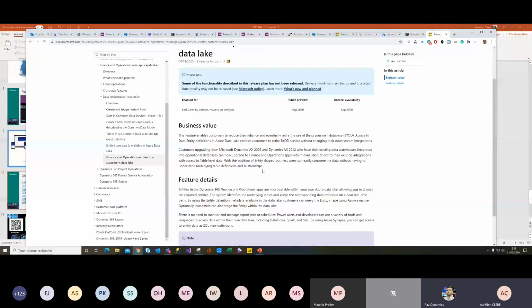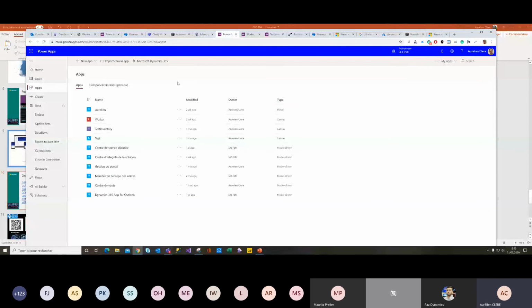So the final question, I believe, is: any recommendation for Power Apps to facilitate customer payments, i.e., a customer invoice portal? I don't have... You mean you want to show the invoice of your customer directly on a portal? No, the payment. Okay, the payment. No, I don't have any best practice for that yet. But I really suggest you go for the Power Apps portal for that, to handle payments.